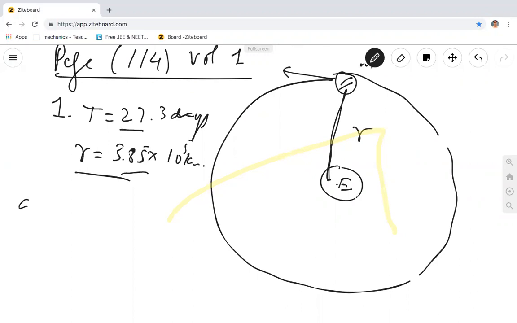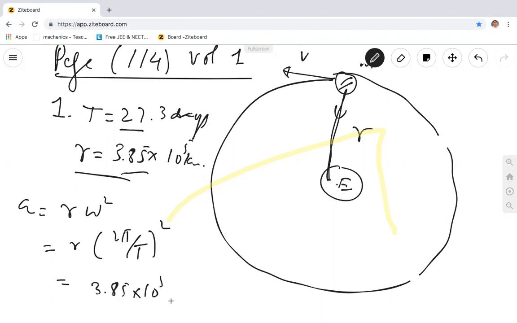Acceleration is simply centripetal acceleration because it moves in a circle. Speed is constant, right? So acceleration is r omega square. It is r into 2 pi by t whole square, right? It is r is 3.85 into 10 raised to power 5 kilometers into 10 raised to power 3 makes meters into 4 pi square by t square. T is